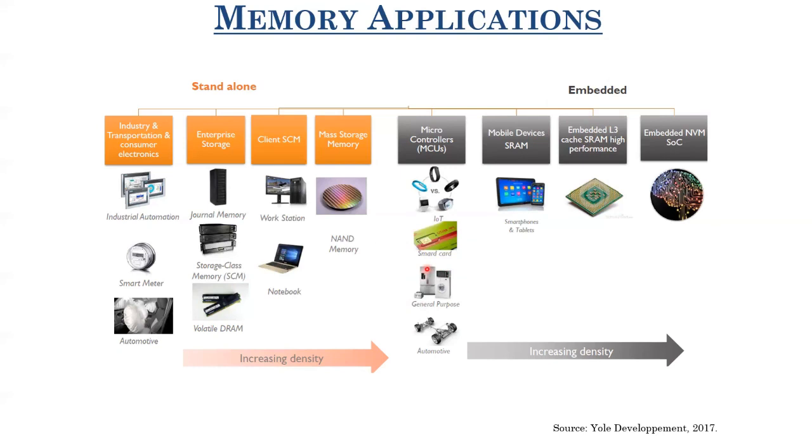One of the largest consumers of this embedded memory is the smart card application, or your SIM card. Your SIM card has an internal memory, which stores some of your contacts, right? Earlier, when phones were not that smart, you would remember they gave you the option of saving contacts on your SIM card or your phone. Nowadays they only ask you to store it on the server or the phone, but earlier they also had the option of storing it on the SIM card. So the SIM card also has some embedded memory. Smart cards and RFIDs also require embedded memory, and the main requirement for the memory here is that it should be ultra low power